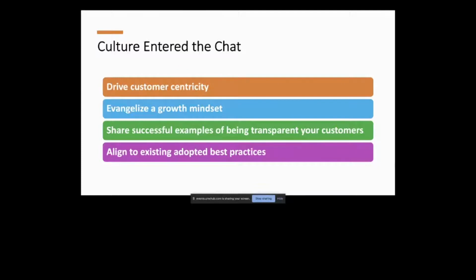And the next step is really align to existing adopted best practices within your culture. If your organization is going through a cultural transformation, find out what these initiatives are. So a lot of time should be spent in educating yourself around the various things that are happening in your organization. And you can certainly find these in communication that's going through to employees on a regular basis. If you have questions and don't know about that, I strongly urge you to connect with your HR representative within the business, or your people solutions, or someone within internal communications to help point you in the right direction.